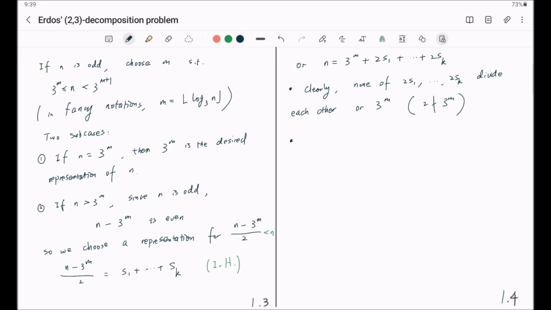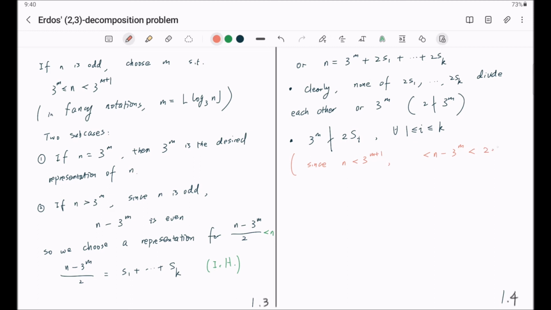And the second observation is that 3 raised to the power m does not divide 2 times s of i for any i greater or equal to 1 and less than or equal to k. Why is this so? For this part, you have to think a little bit harder. This is because, since n is less than 3 raised to the power m plus 1, if you look at n minus 3 raised to the power m,